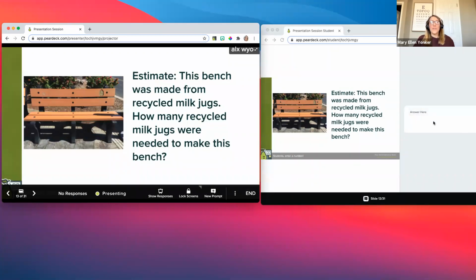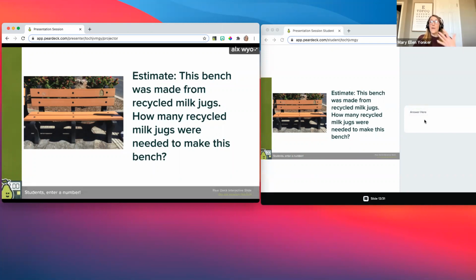And now my students respond with a text answer. And if I'm with my students leading the lesson, I would verbally tell them that I want to know what their thinking was. How did they come up with their estimate? And so now I can get more information from my students, adding that new question in a session that is already in progress.